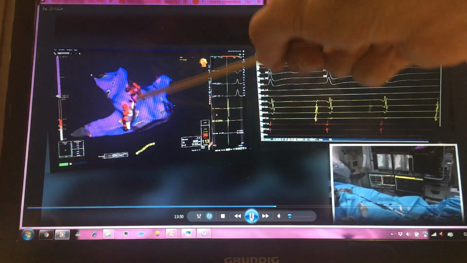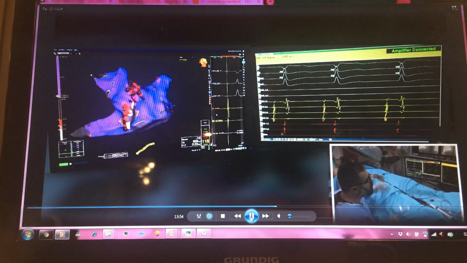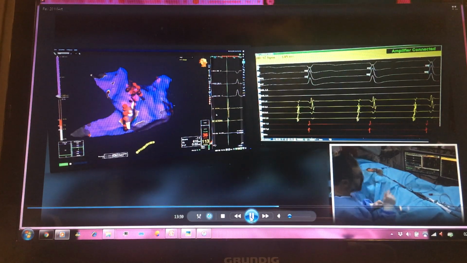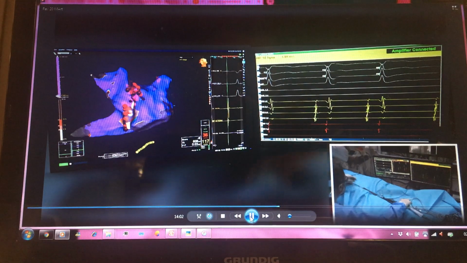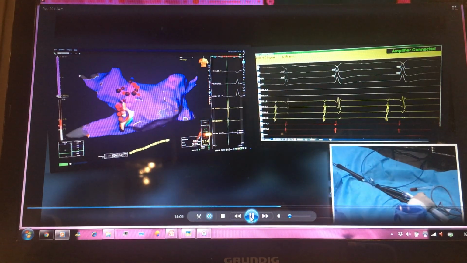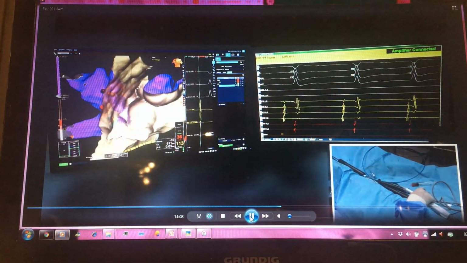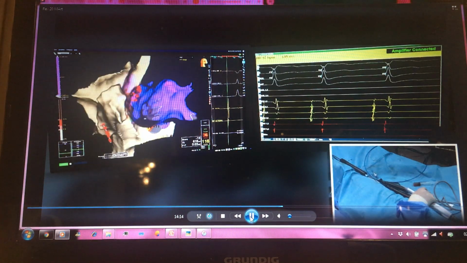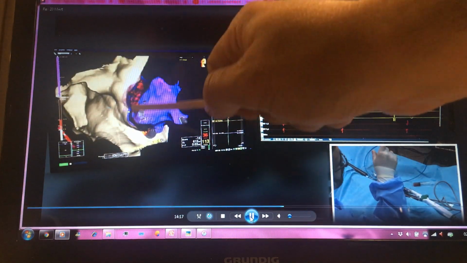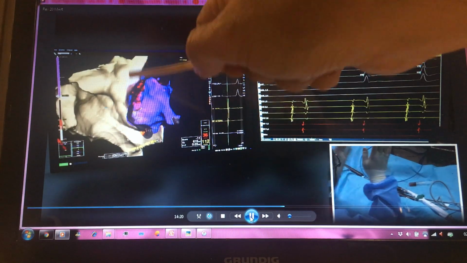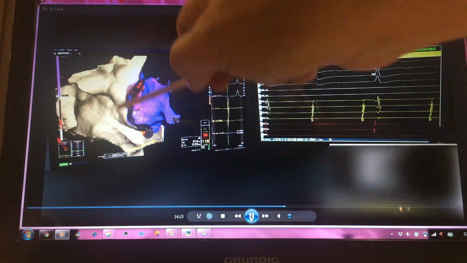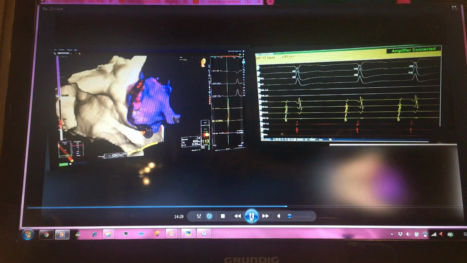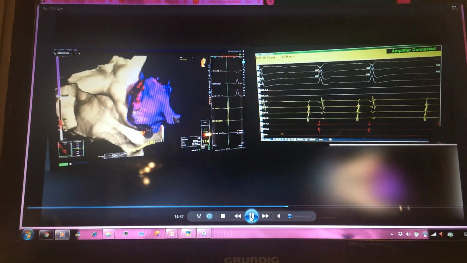You can see the ablation line. Yes, we completed our ablation in the left atrium side. Heart rate seems to be 98 or 99 BPM after completing the left atrial ablation set. It seems very stable at this level. Please look at here. Our ablation lesions are just opposite side of superior vena cava and interatrial septum. Yes, you can see that heart rate is still stable